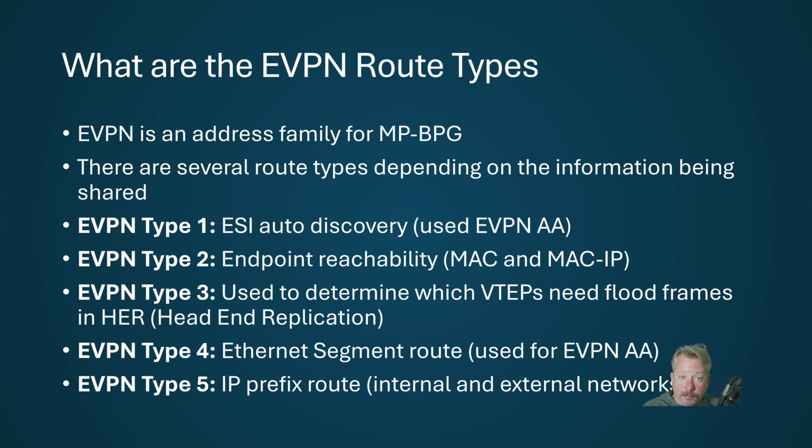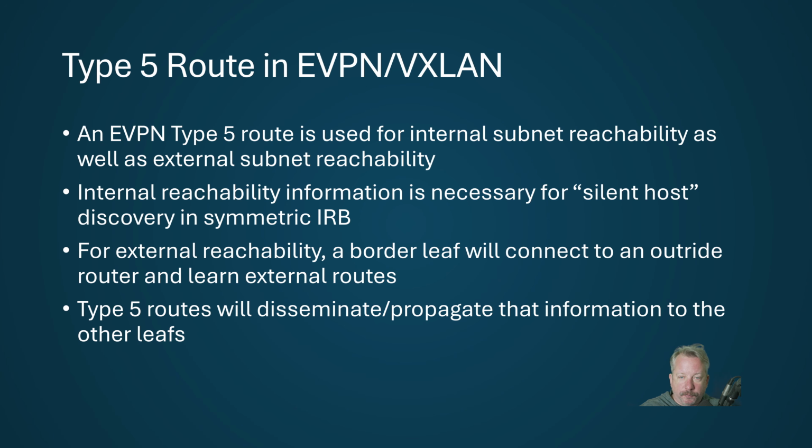And then we have the EVPN type 5 route, which is the IP prefix route, which is the subject of this conversation. So what is a type 5 route in EVPN VXLAN, and why do we have it? It's a route used for both internal subnet reachability as well as external subnet reachability. Internally, we use it to find silent hosts, and we'll get into how we do that. For external reachability, a border leaf will connect to an outside world